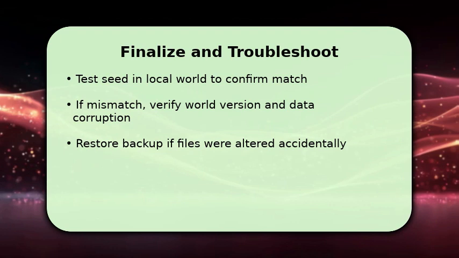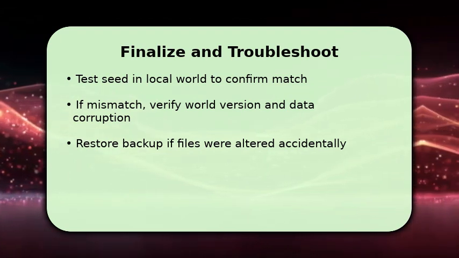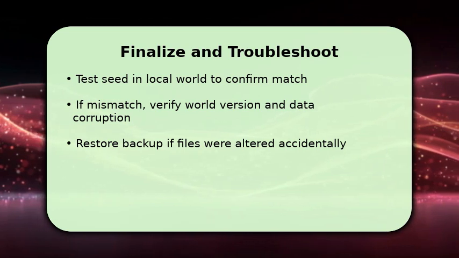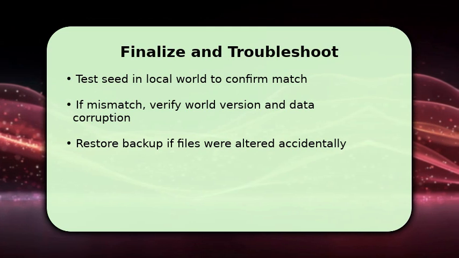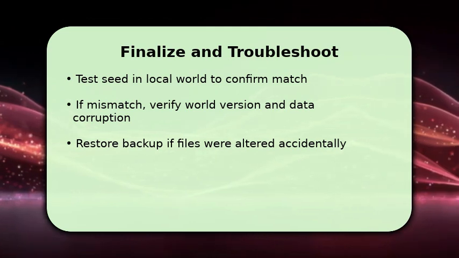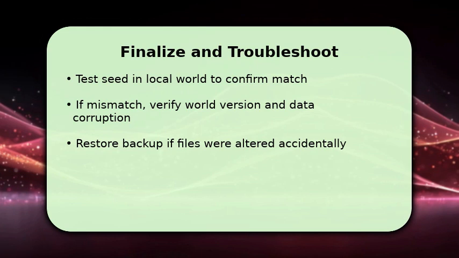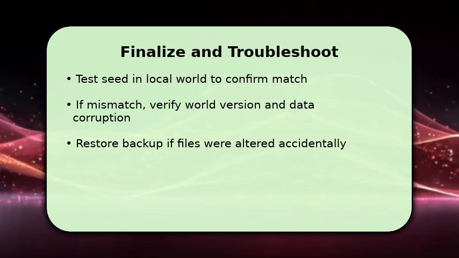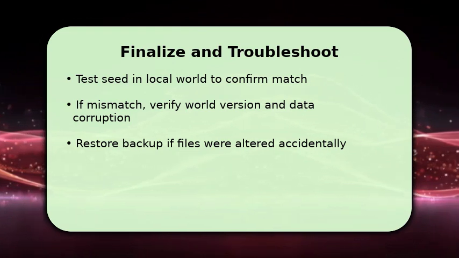If the landscape differs, double-check the game version, world generation settings, and whether data was modified by plugins or mods. Corrupted level.dat can give wrong values. Revert to your backup and re-extract. One key troubleshooting tip: if /seed returns an unexpected number, restart the server and recheck files. Transient plugins or mismatched NBT editors often cause